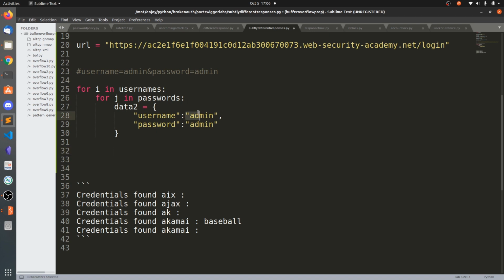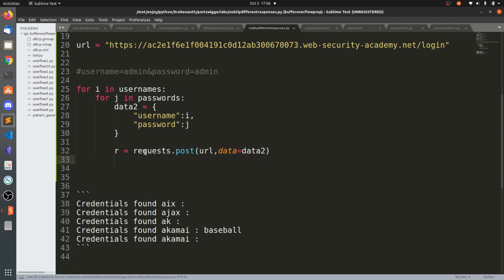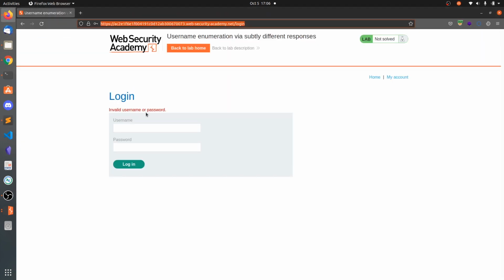So what you need is to iterate the username first and the password next. So i in usernames, j in passwords. So now we can simply send the request.post of URL comma data equals data2. Okay, now what you need to filter from the response is "invalid username or password".